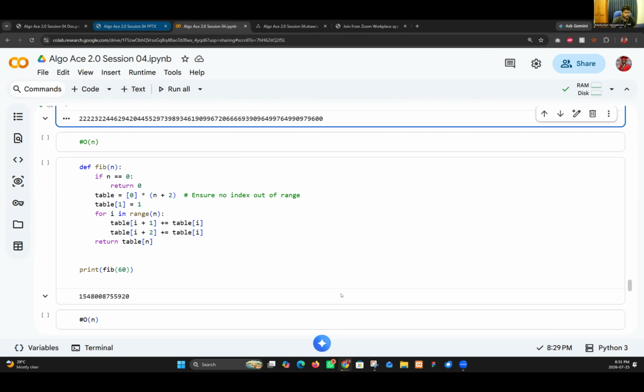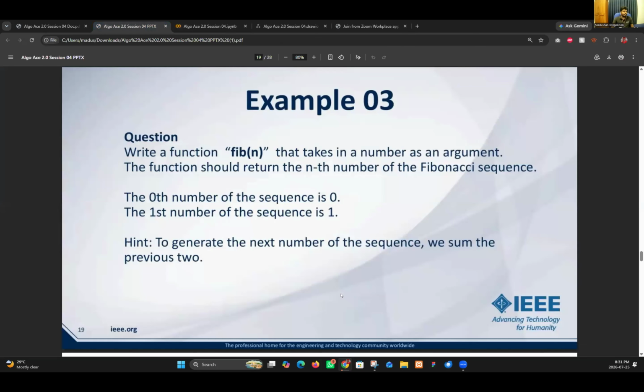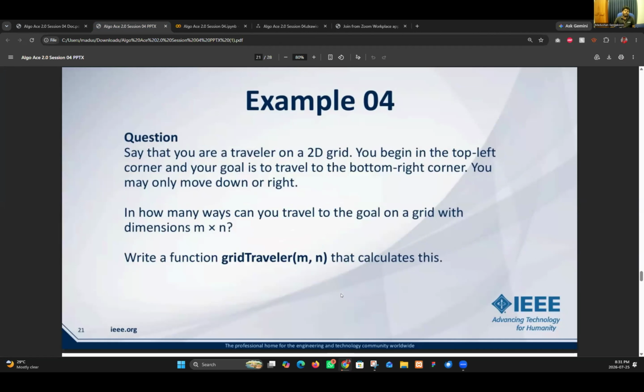Okay. We are done with our third example. Let's move on to the fourth example. Okay, the same thing.